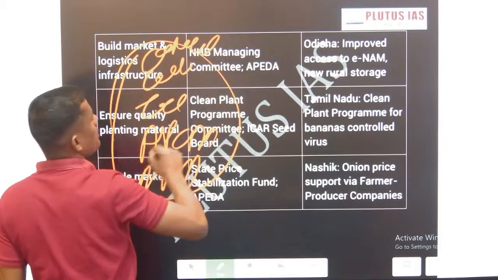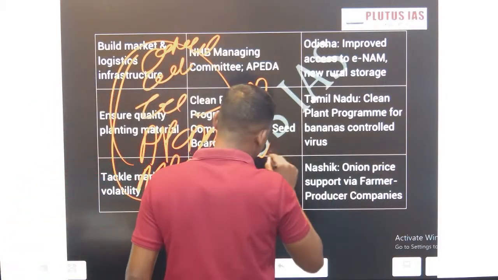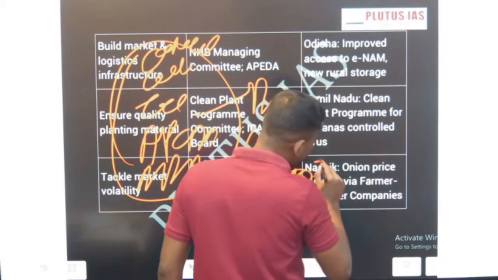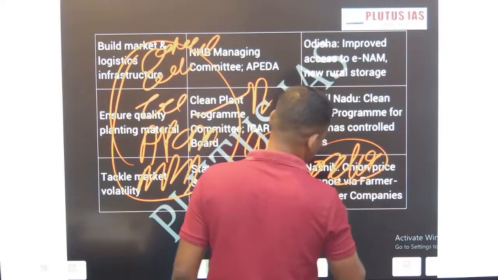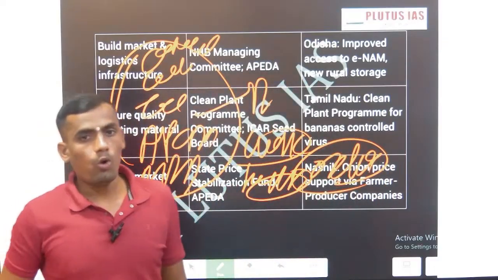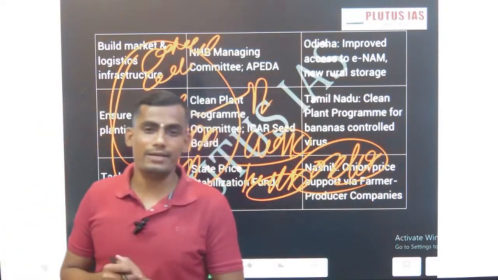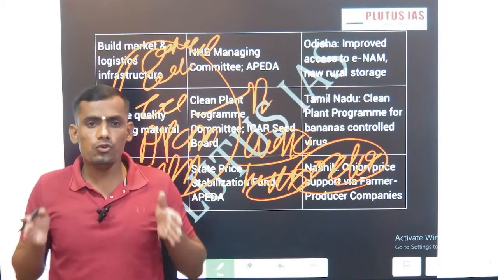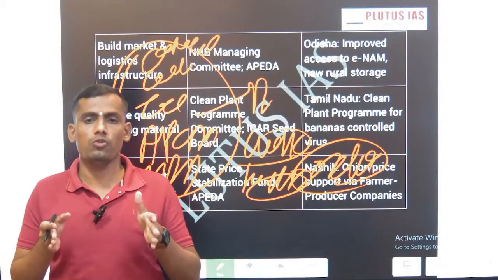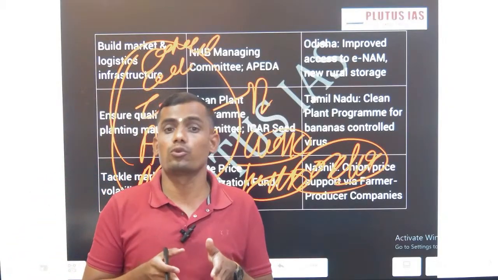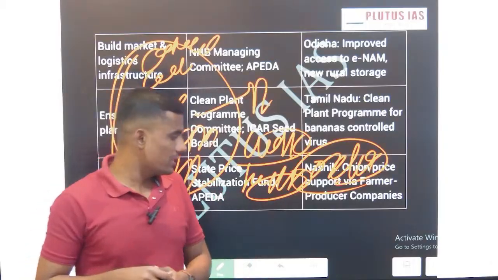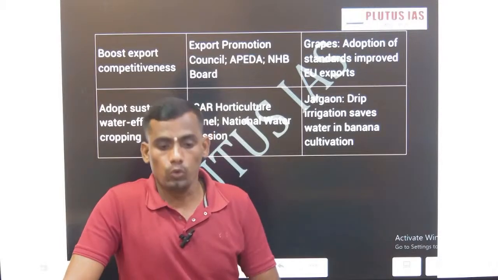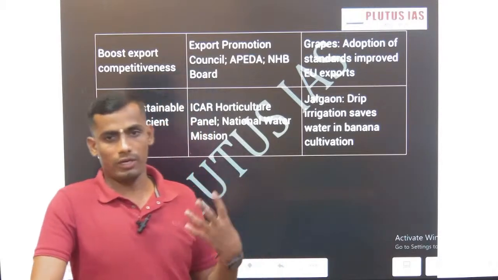Okay, so if all these agencies work in tandem, this will help to boost India's horticulture sector. This is from the government side. Now, another one: how can the government address the policy paralysis? Government can address the policy paralysis by making a uniform, voluntary-based market system through the GeM portal. Okay, these are the initiatives government can take, and even individual farmers can do, to boost India's horticulture production.